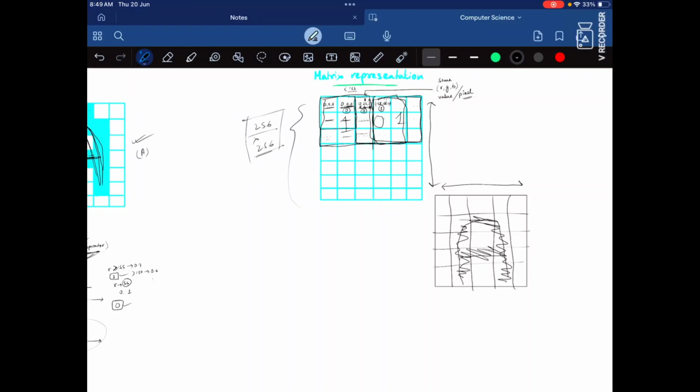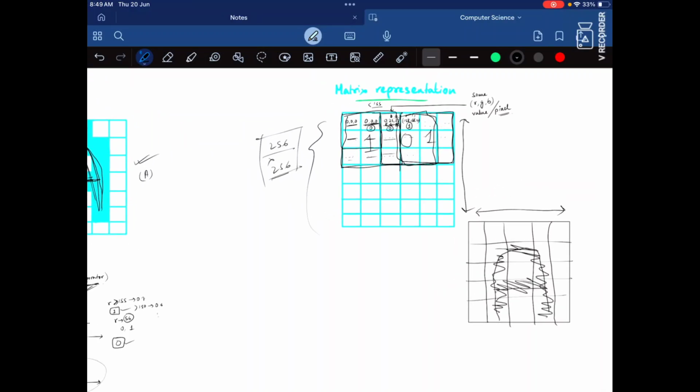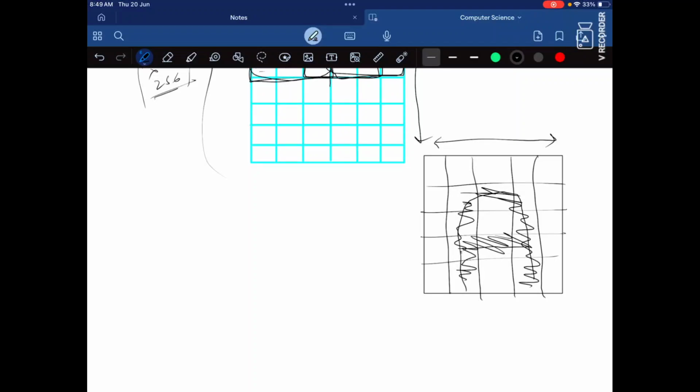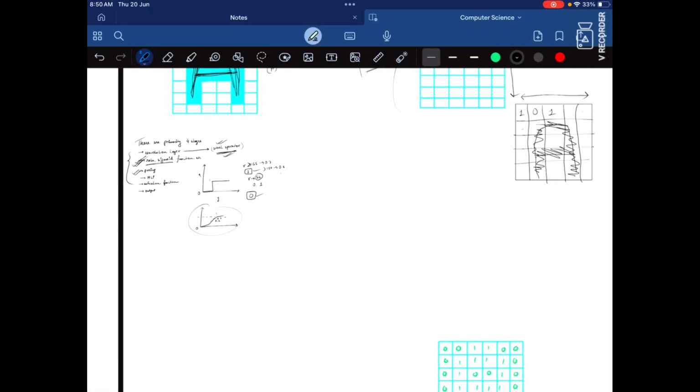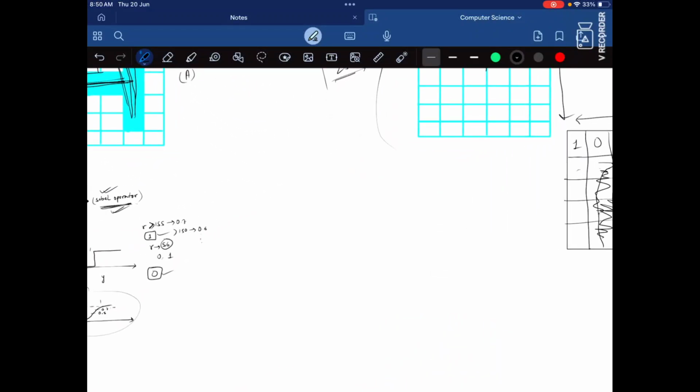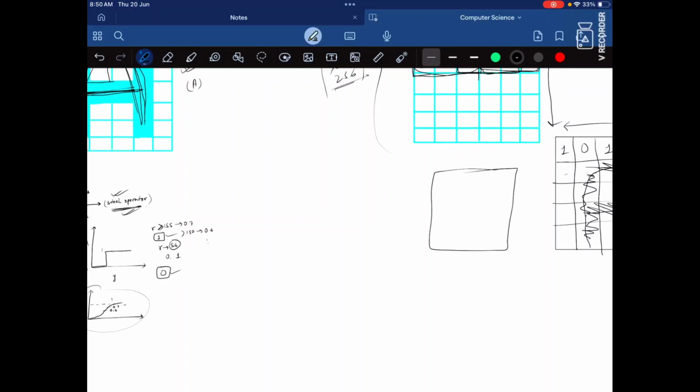We turned it into a smaller image by pooling, taking the average of these grids and putting it as a part here: 1 0 1 and so on. So this was pooling. We get a smaller image, which is a representation of the bigger image with exactly the same features.